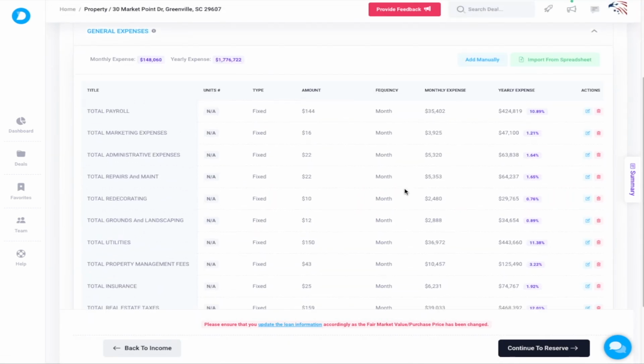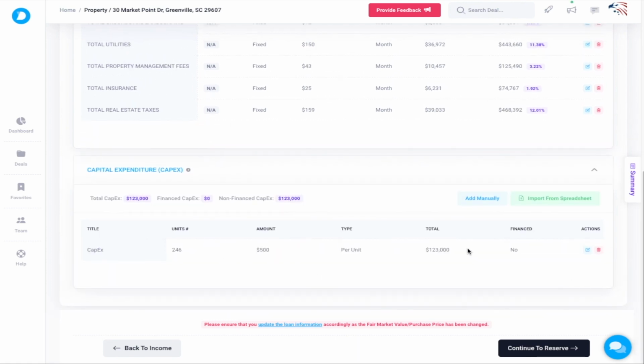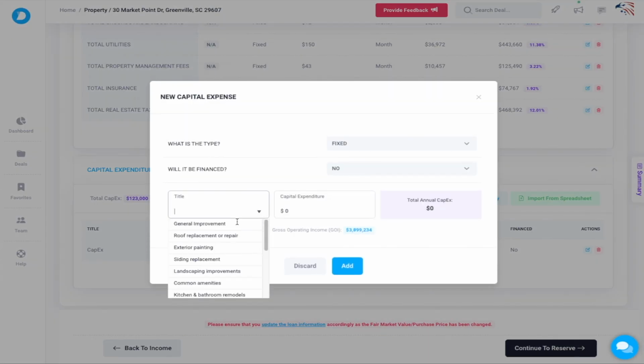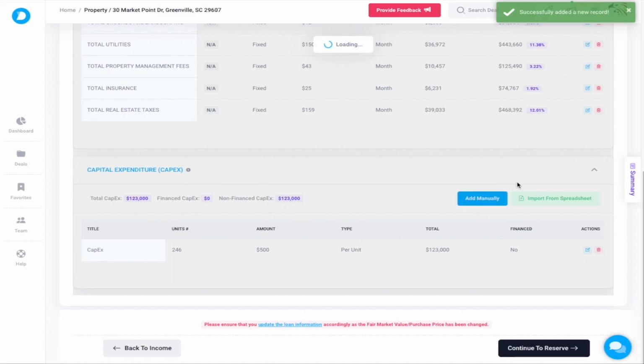As you can see, it took the expenses that we've imported. The capital expenses are still here, that CapEx. Again, only $500 per unit. I could probably bump that up if we wanted to. Maybe we'll have another $1,000 in there. We can finance it possibly on a per unit basis or on a fixed basis. You know what? We're going to say it's not financed. We need to do, I don't know, a roof on a couple of the buildings. Let's throw in $150,000 in there just for another